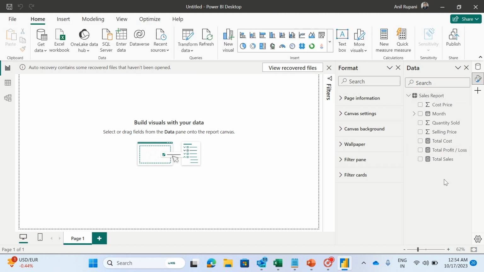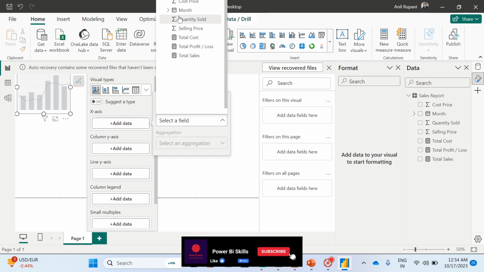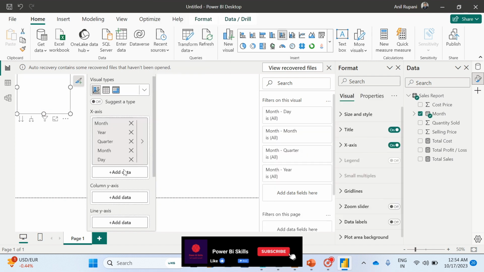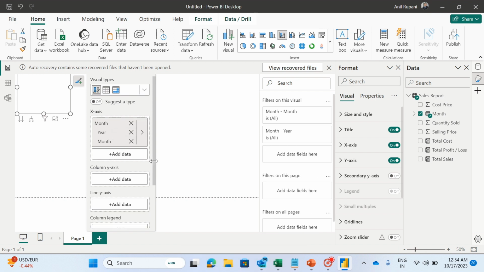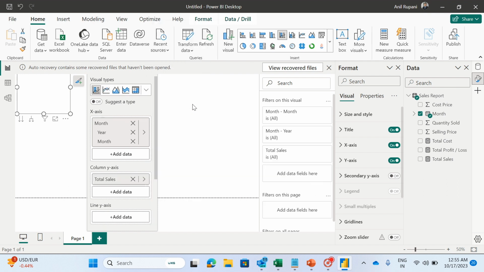I have all these measures. Let me first create my simple column visual. In X's, I will add month. I will remove quarter and day. And in Y-axis, I'll add total sales. If I drag it,